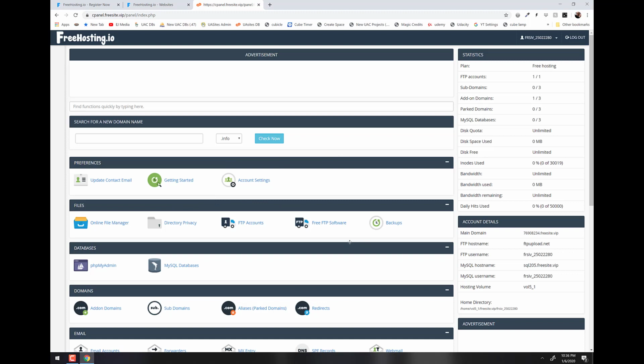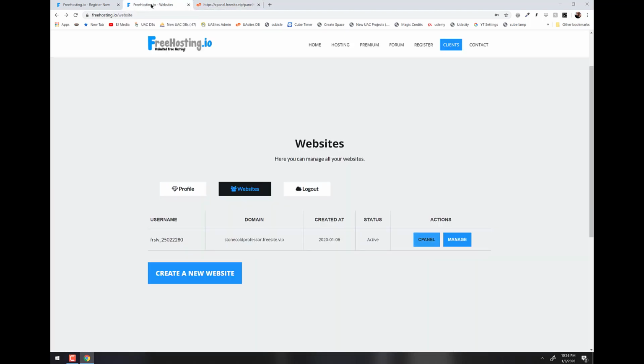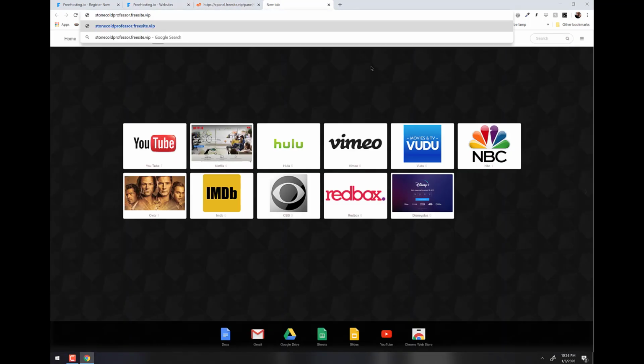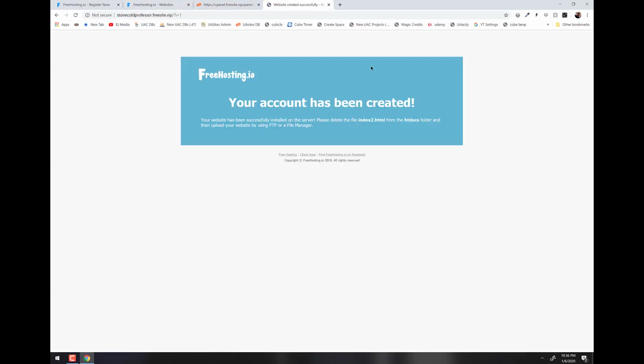But now that we've opened up cPanel and we've created the website, our website actually does exist. And if you want to go back to the tab from before, that is the domain name right there. And if I open a new tab and I paste it in there, you're going to see that here's the website. And this is actually my site here. It tells me it's been created and I need to delete this file called index2 and then add some stuff to my htdocs folder. We're going to walk through all that in just a couple of minutes. But the site is live right now.